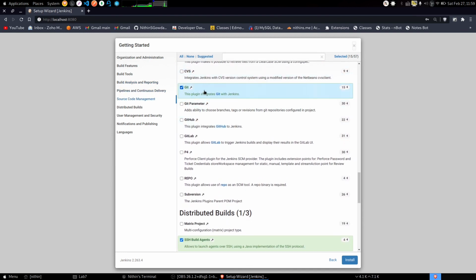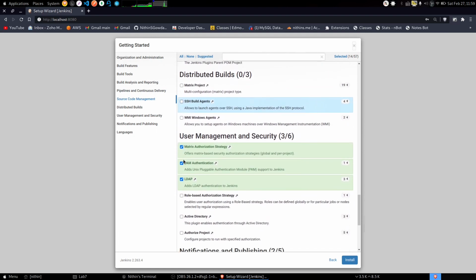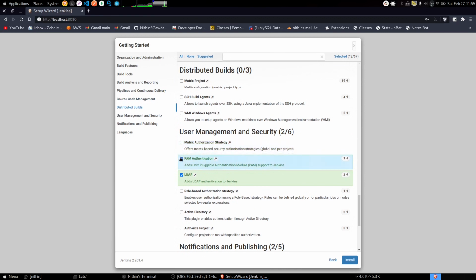Make sure Git is selected and then unselect all these things. We don't need them for this lab.